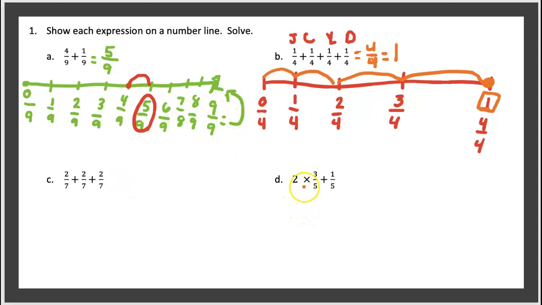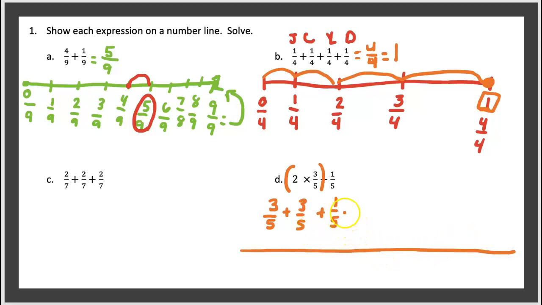But D, we've got a multiplication problem here. You're going to start with 2 times 3 over 5. So that really means 3 over 5 plus 3 over 5. And then you're going to add plus 1 over 5. So when you draw this number line out,